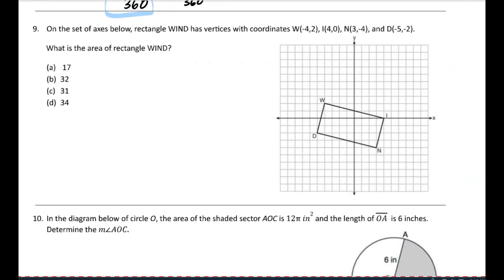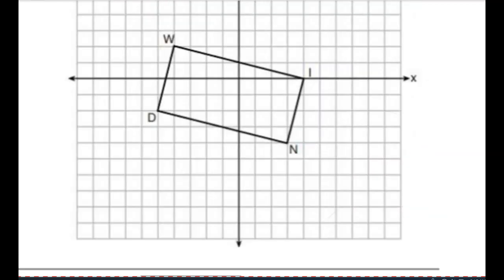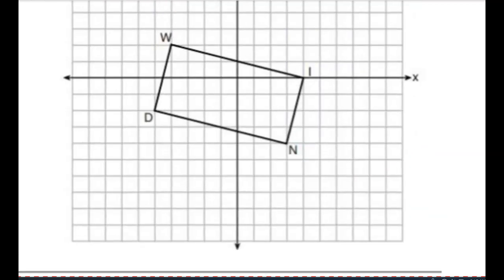Number 9. On the set of axes below, rectangle WIND has those vertices, and I want to figure out the area of that rectangle. Well, anytime I'm on the coordinate plane, I could always use the box method to find the area of a shape pretty easily. And that requires us to box in whatever shape we have, drawing a rectangle around it such that all of the vertices of the rectangle WIND are on that pink one that I drew, and it creates 1, 2, 3,